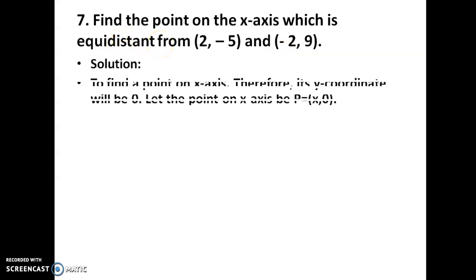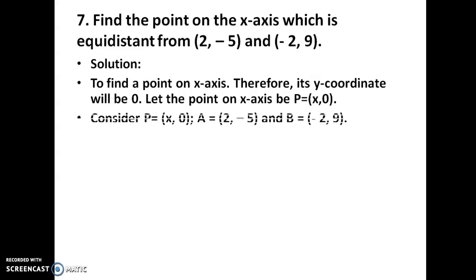So let's name it. We are going to name it P, (x, 0). Why (x, 0)? Because the point is lying on the x-axis. That means the y value is 0. Then only the point will lie on the x-axis itself. Am I right? If you have (2, 0), you will plot it at 2 on the x-axis and 0 for the y-axis. So on the axis itself it will be lying. Understood? So now we have named the points.